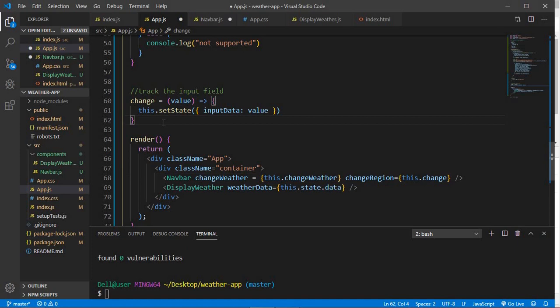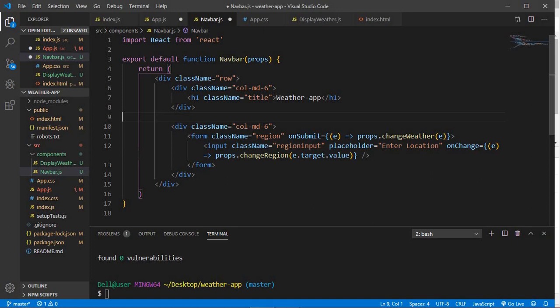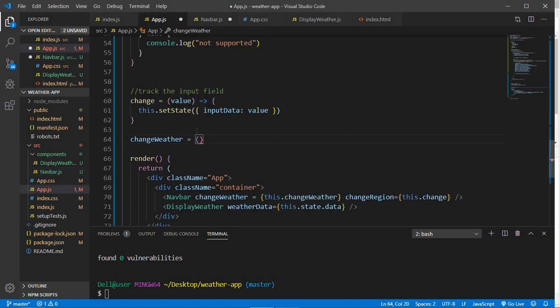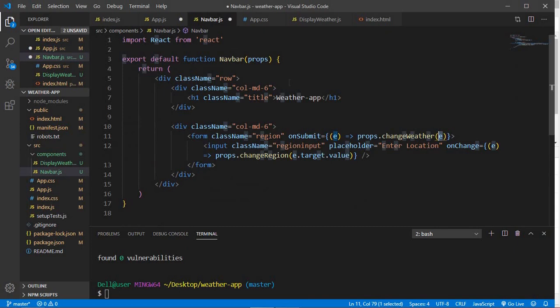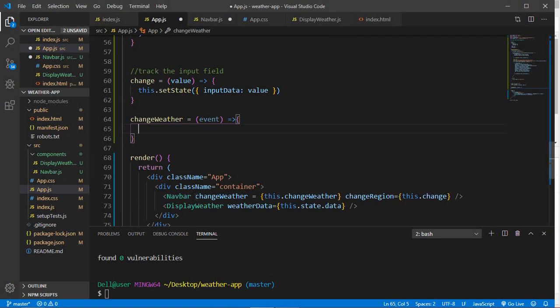and now here let's create that method as well. So changeWeather equals to, and remember that we have passed an object which is e here, so we're going to get that. So let's say event. All right, and open up the function. So basically what we're doing is, again, when the user submits the form, okay, this function is going to run and it's going to call props.changeWeather. Now props.changeWeather, I've actually passed it here, okay, and what this is doing is calling this method changeWeather,